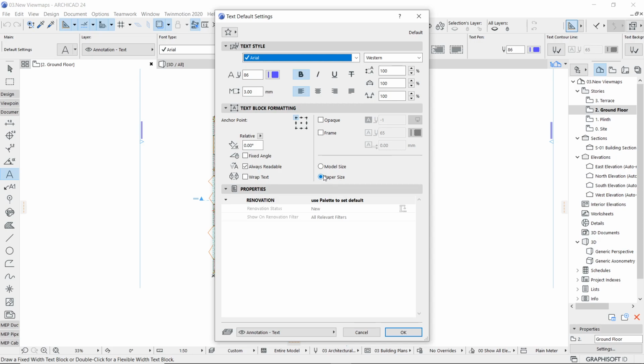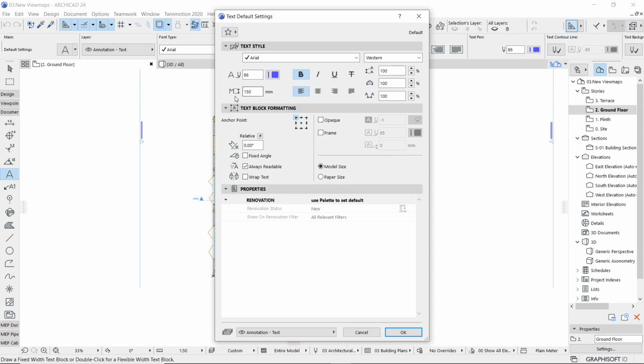If I change this to model size, then remember this time the height of the text will be the model size, that is directly the height will be considered or frozen to the real units. It is then not going to be the same for the printed output.